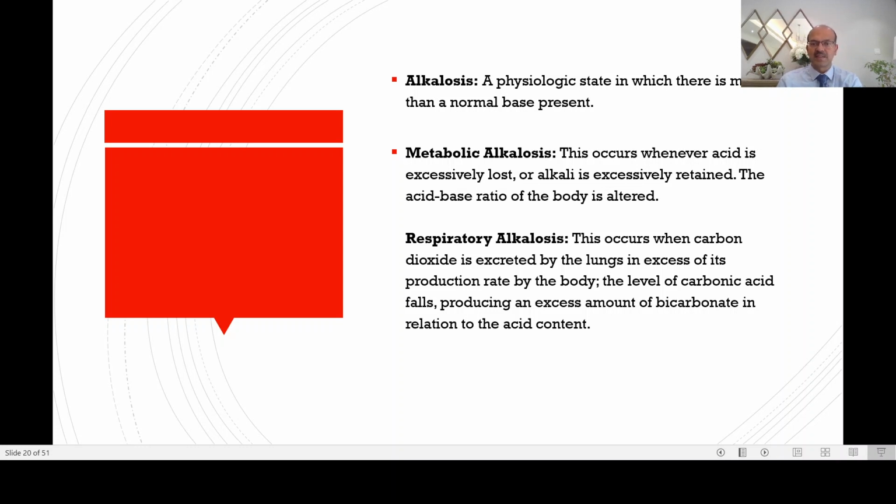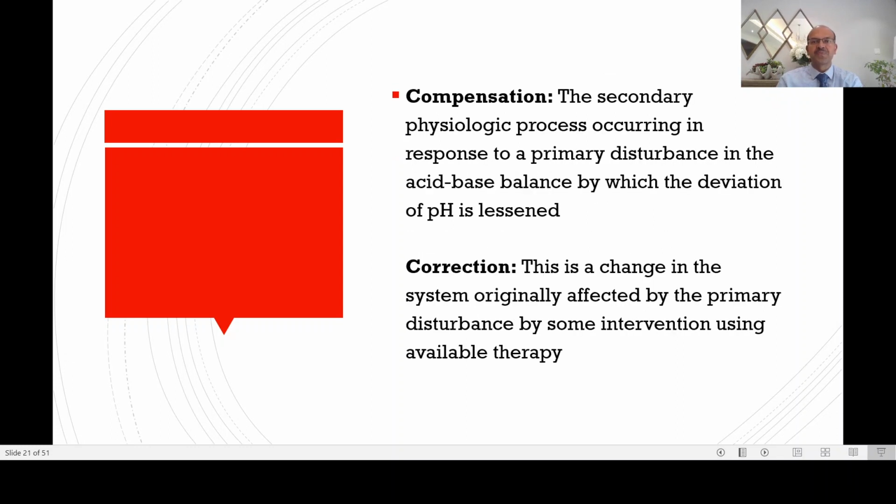Respiratory alkalosis occurs when carbon dioxide is washed out in excess and the level of carbonic acid falls, producing excess bicarbonate. This most often happens in hyperventilation, either anxiety related or because of overventilation. Metabolic alkalosis is usually associated with compensatory hypercarbia. Obviously this is the typical picture we get in chronic lung disease babies, sometimes on diuretic therapy. Otherwise, if they have high CO2 itself, the metabolic alkalosis comes up as a compensation.